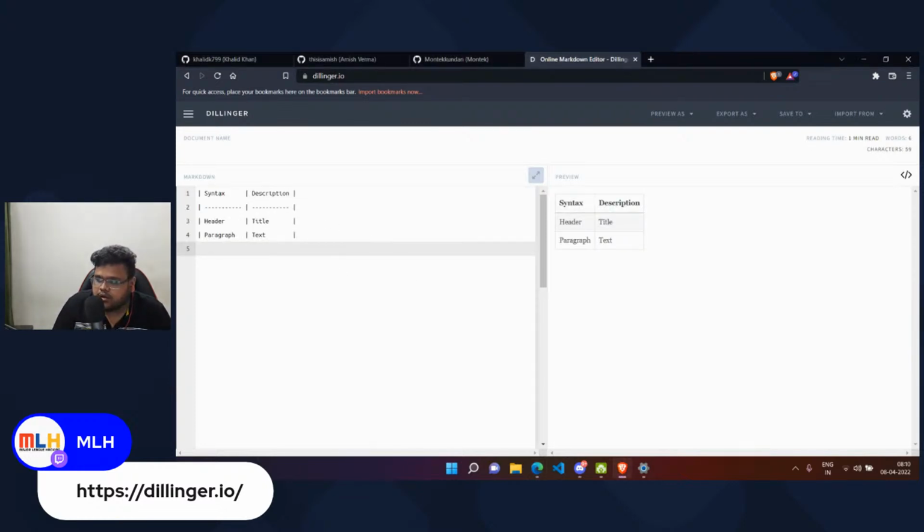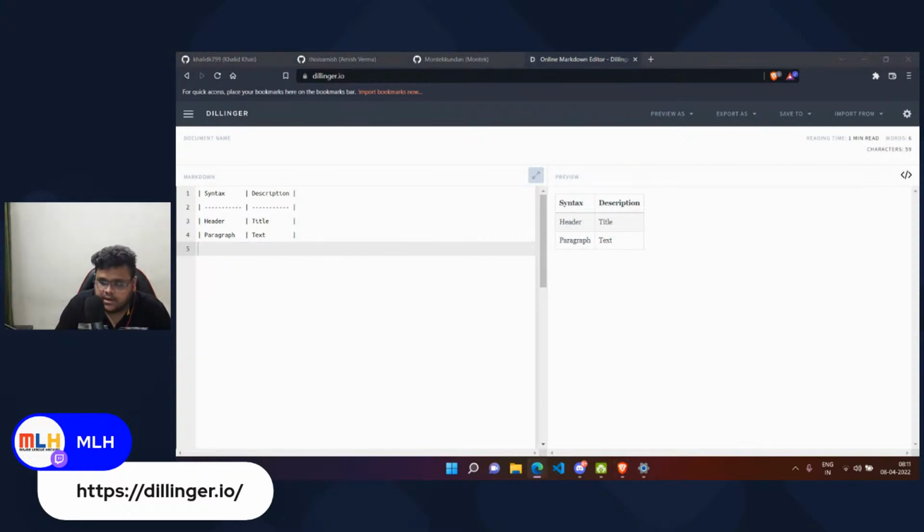So if you want, you can use a Markdown table generator. I'll put the link in the description as well, so that you don't waste time writing tables directly. If you go and check this, you can generate tables directly for Markdown.